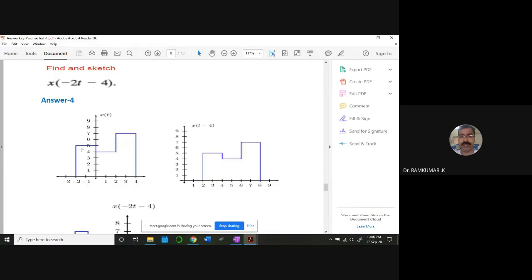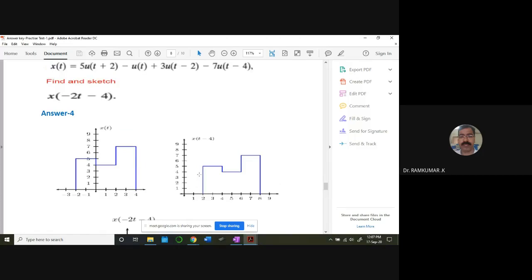From minus 2 to 0 it's going to be 5. Okay. Sorry. I cannot use this here. Then 0 to 2 is going to be 4. Then after 2 you are giving a 3, so it goes to 7, it will maintain. Then at 4 you are giving a minus 7. Therefore 7 minus 7 is going to be 0. That's this signal. Why 7? This one, minus last one is minus 7. Okay, therefore it is going to come to 0. So this is your x of t.